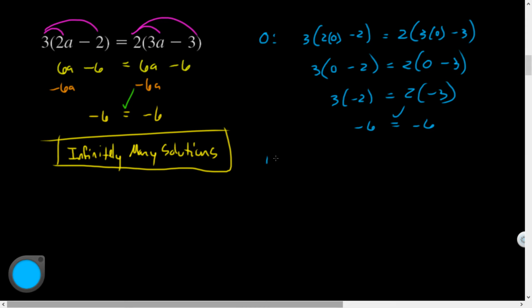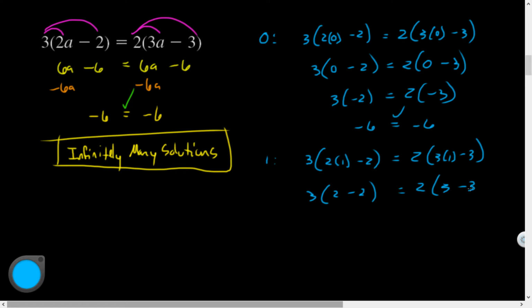Let's pick a different number. Let's try 1. Let's do 3 times 2 times 1. Is that equal to 2 times 3 times 1 minus 3? Okay, so 2 times 1 is 2. 3 times 1 is 3. 2 minus 2 is 0, so I'll have 3 times 0. 3 minus 3 is 0. I get 0 equals 0. And it turns out every single number you can think of, fractions, decimals, negatives, positives, massive numbers,